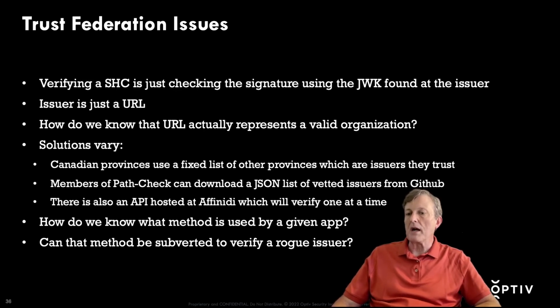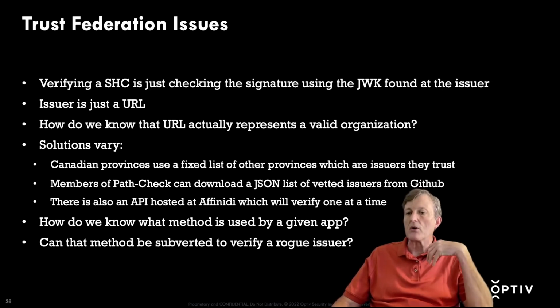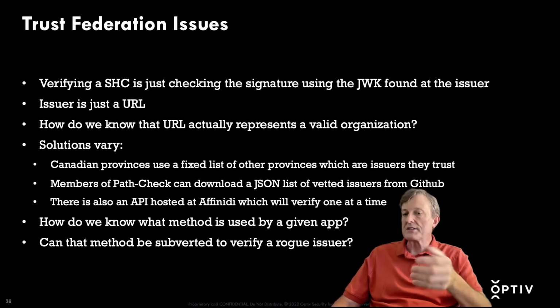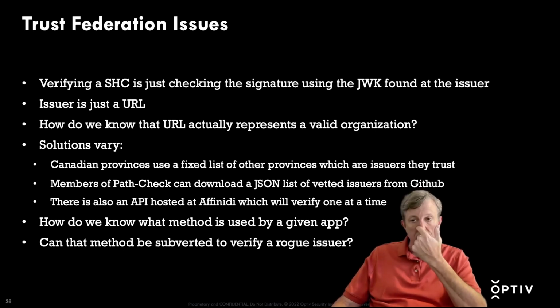There's also an API that says, okay, we've vetted these issuers. We've talked to the people at them. We know that it's actually a hospital. It's actually a healthcare organization. It's actually a testing facility. So if you can do the crypto and verify and get the key from the right place, then we vouch for that organization. The problem is it's not always obvious what trust federation